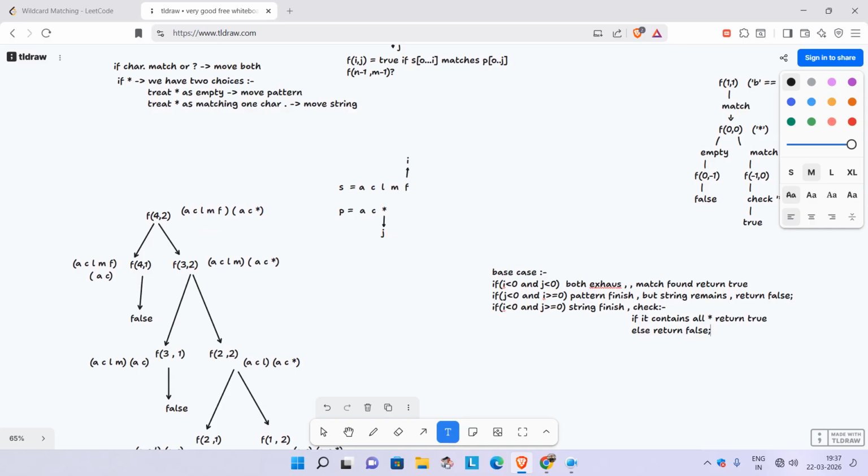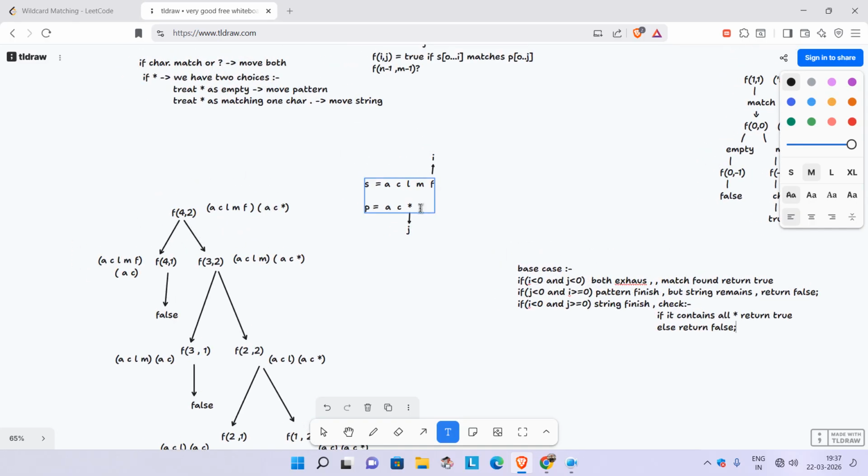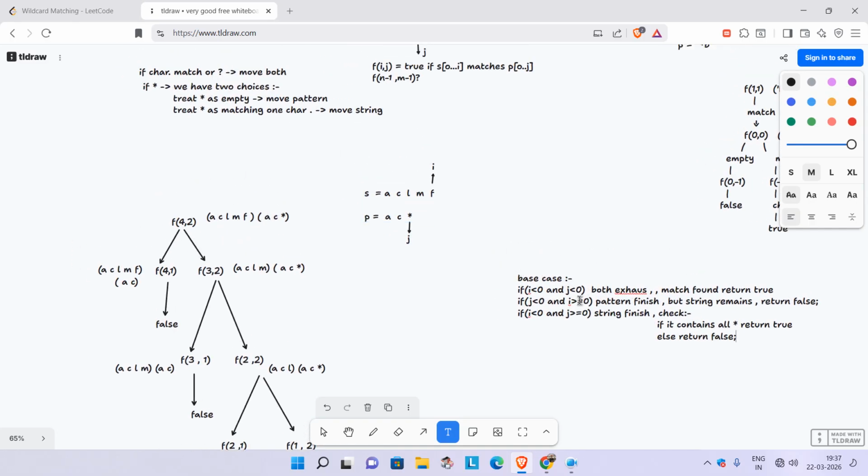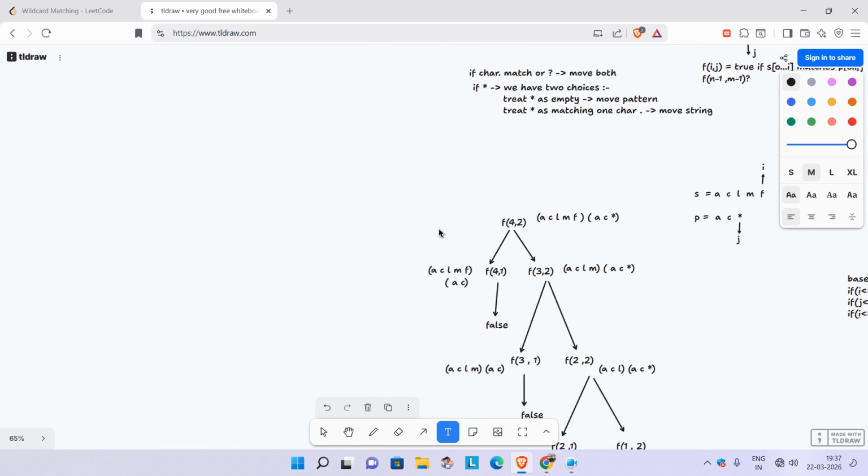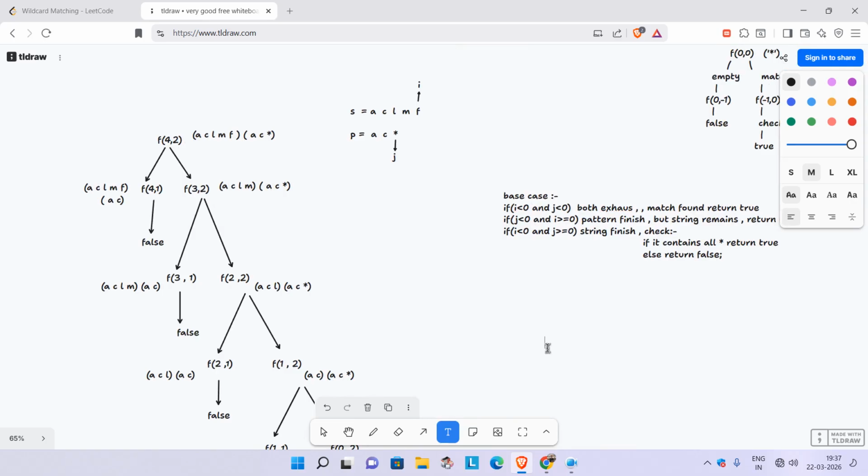This is very crucial, but don't confuse it, this is easy. Now we have to write the recursion relation of it. So how do we do this relation? We say one thing: if our